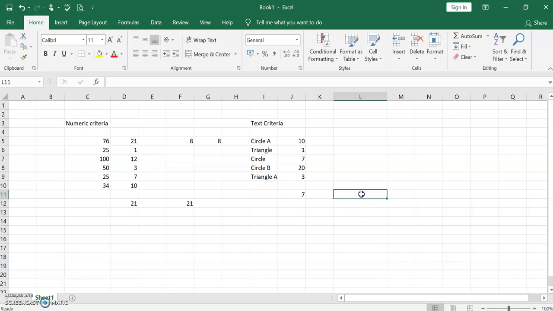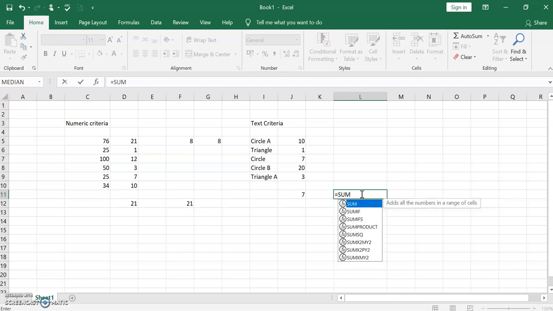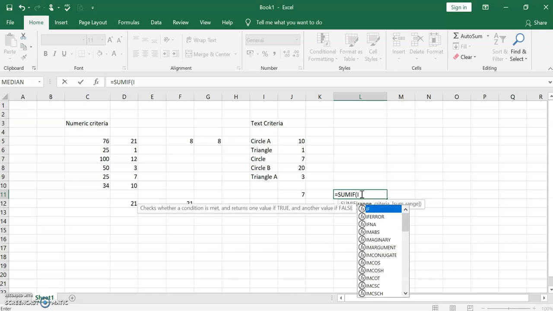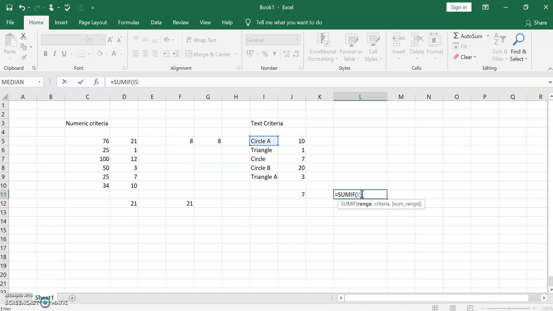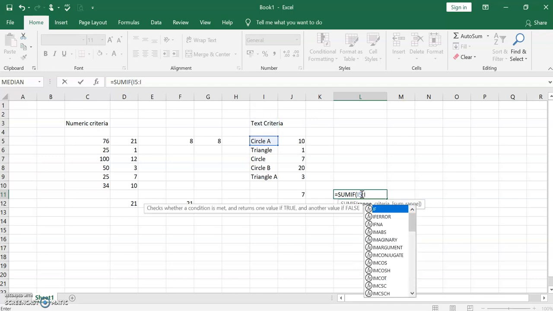For example, I can give this command where I just do not include the cells that contain exactly triangle. I just don't want that summation to happen for that. So I just give SUMIF, and with that SUMIF I'm selecting the range. Here the range is I5 till I9.